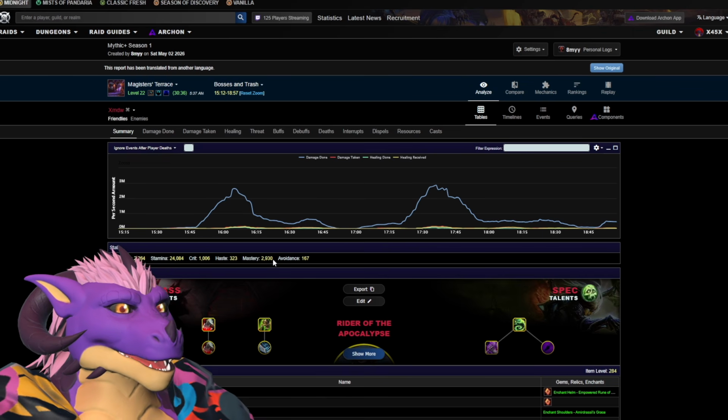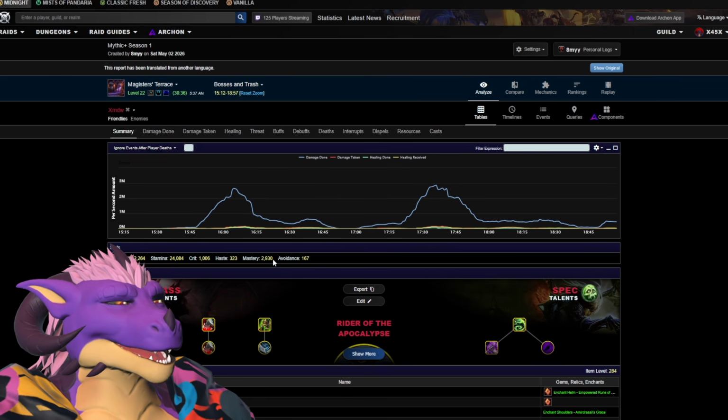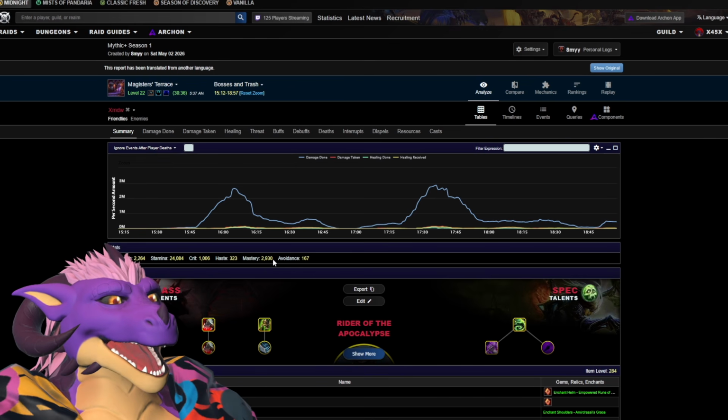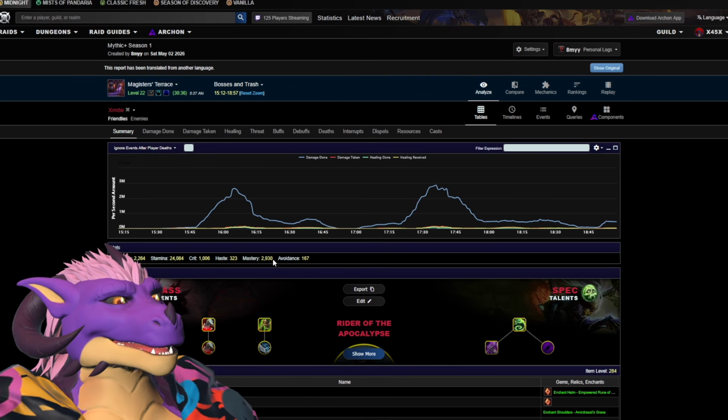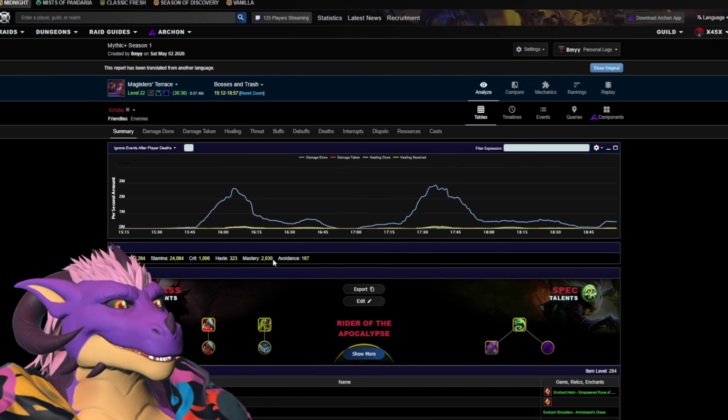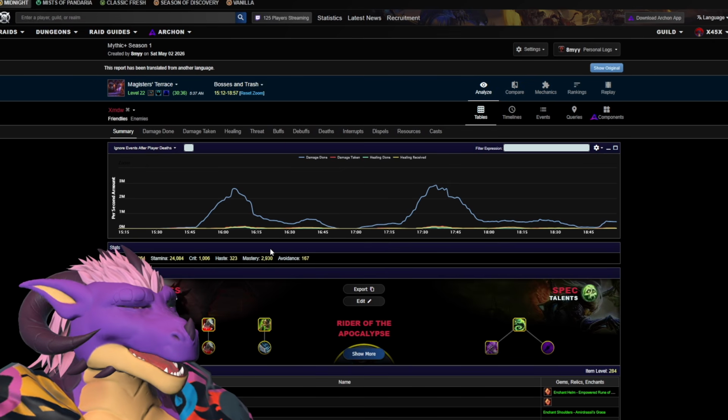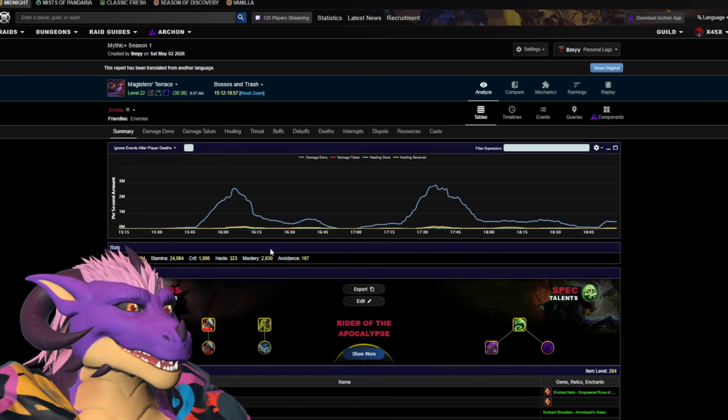But okay, they're clearly doing insane damage. So it gave me something to think about as to how much the mastery versus the crit must be weighing in on the damage. But I don't have anywhere near these stats. So I'm going to be a little bit kind to myself when comparing myself to a DPS of this caliber.